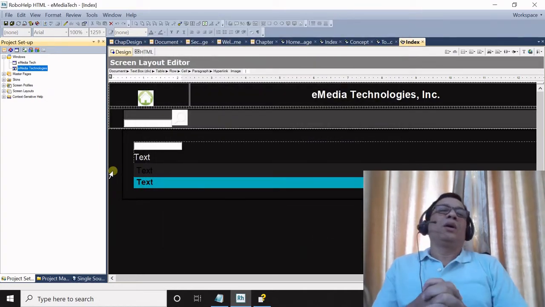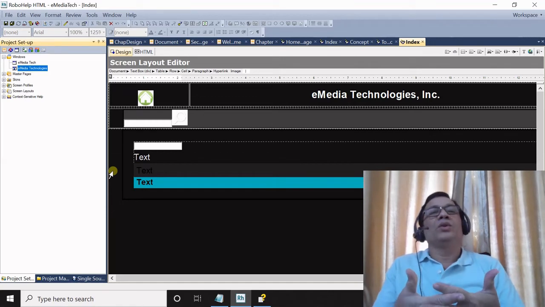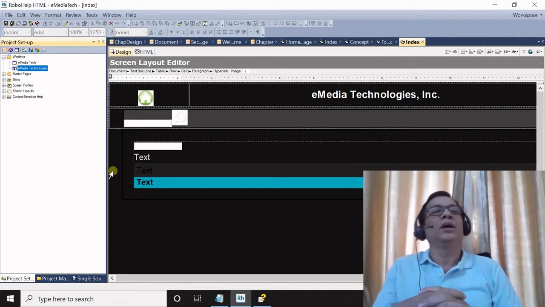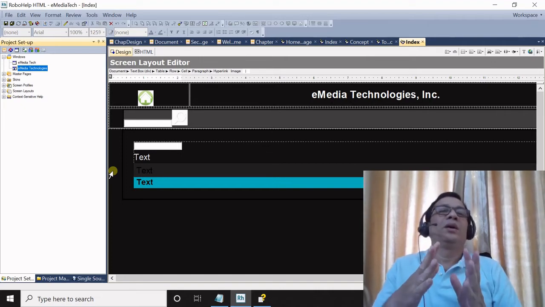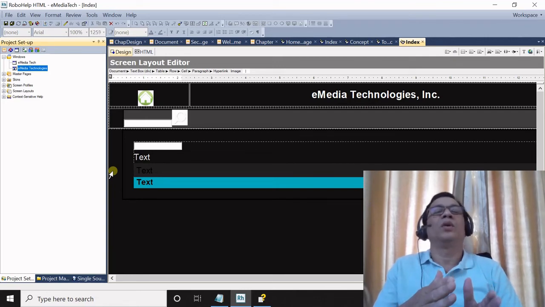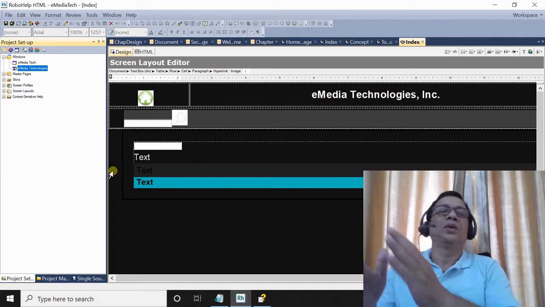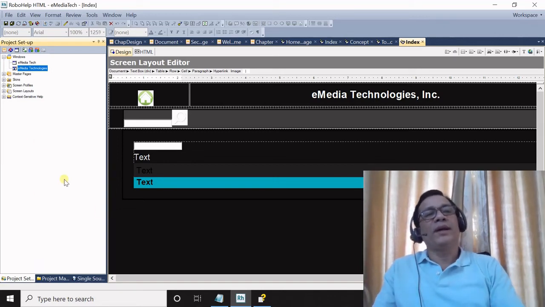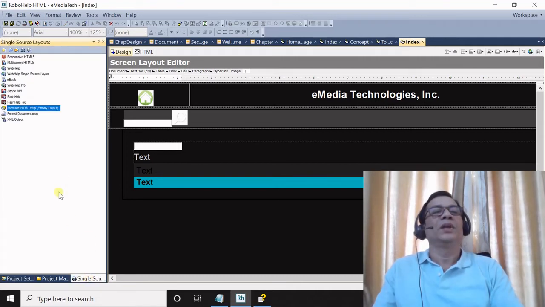After you have created your window properties for the help outputs, make sure that you actually associate this setting to your web help output. To associate this design to your help output, go to single source layout.